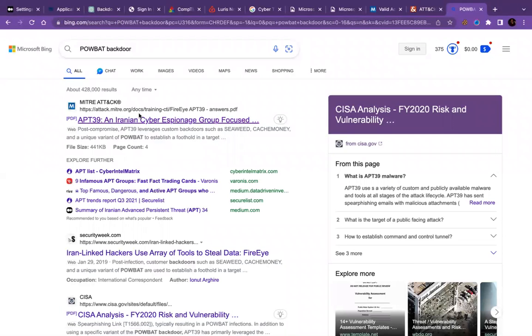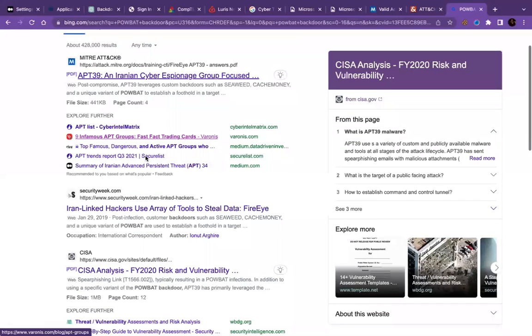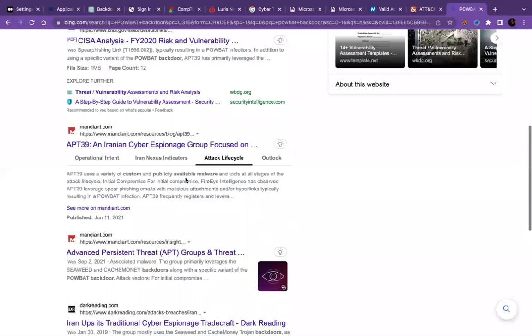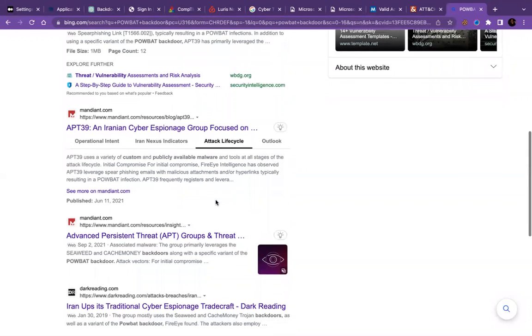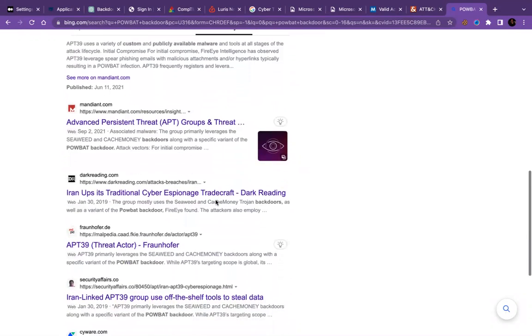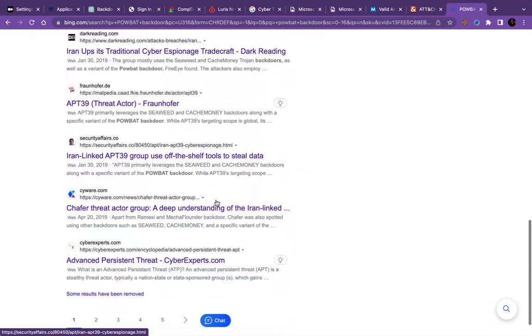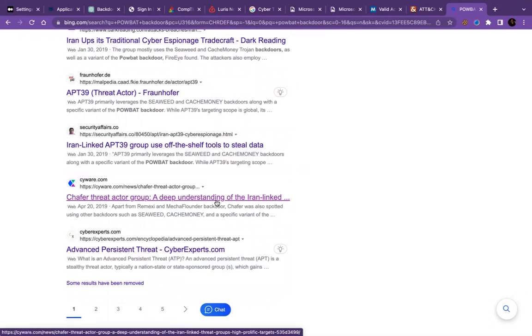And the report comes up. Probably available into that stage. I thought we tried to compromise for initial compromise by spearphishing email malicious. So it's not much we're gonna get on this, but if you have a backdoor based on an advanced persistent threat,